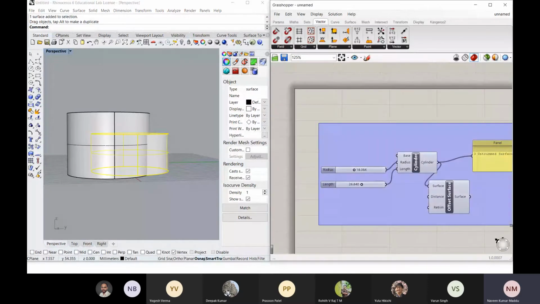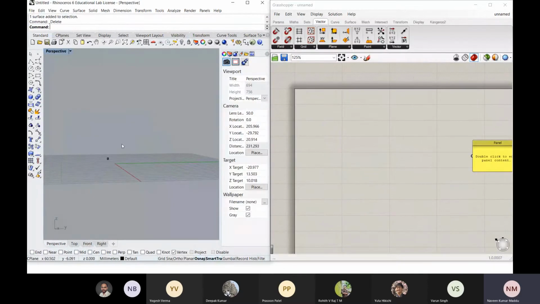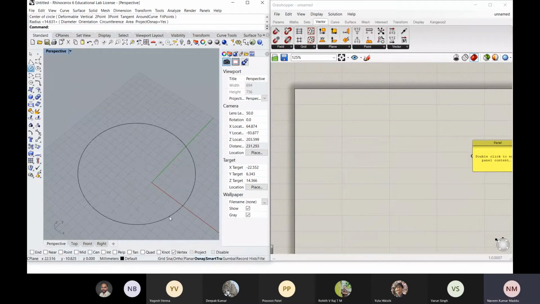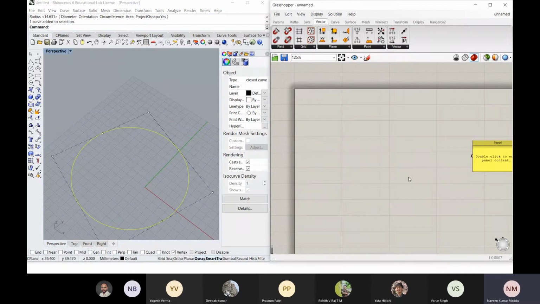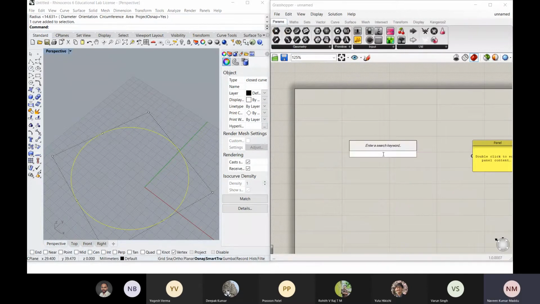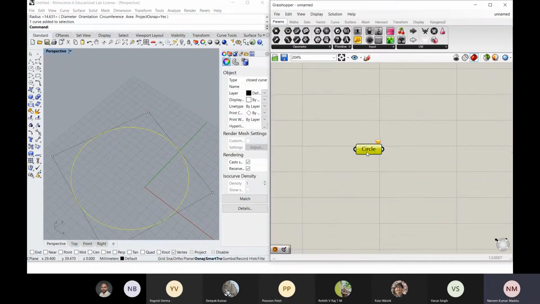Now let us say, remove all these things. Let's say there is a circle here that you have created. Now you want to take this circle into Grasshopper. So you have another object called Circle here, and it won't create a circle, but it has the capability of calling this circle which is there in Rhinoceros into Grasshopper.